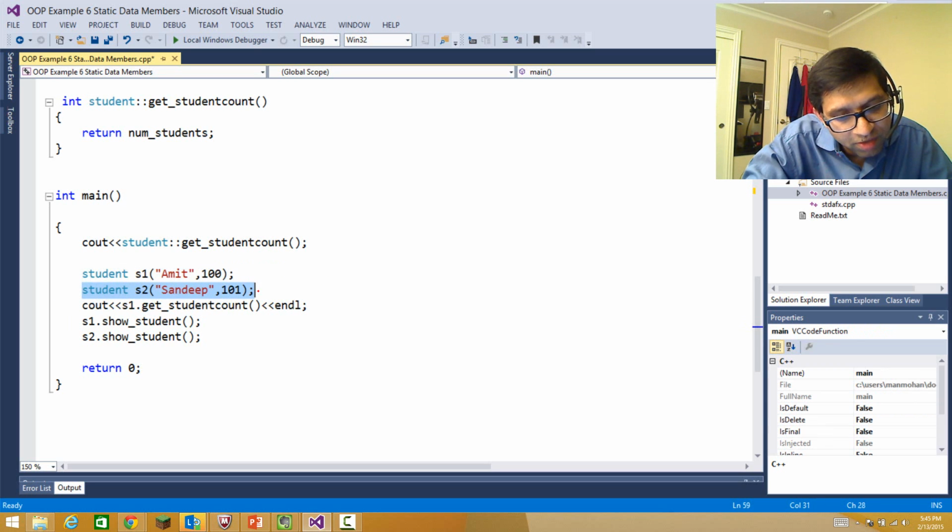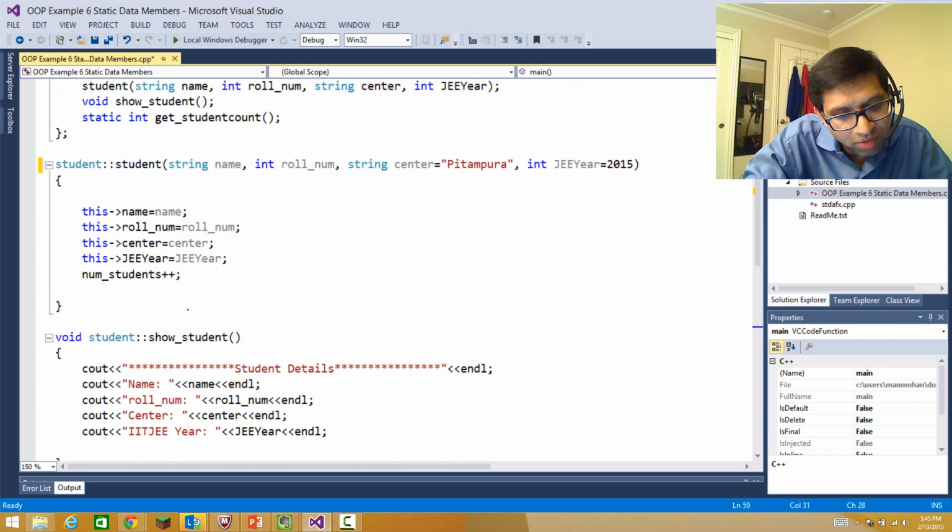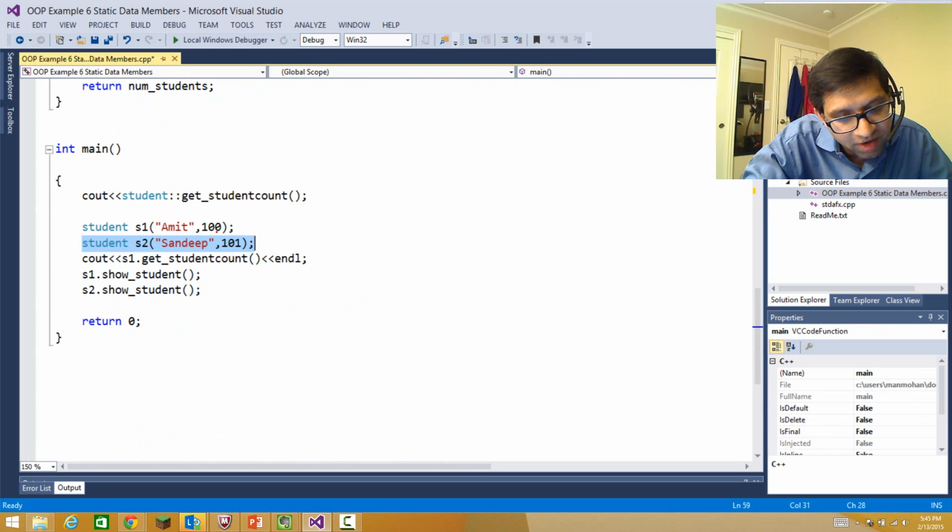And then I'm creating second student Sandeep and passing the roll number, ID था क्या, the second field is the roll number. So the roll number of Amit is 100 and that of Sandeep is 101, and then I'm printing the student count। अब काउंट ऑटोमेटिकली 2 हो गया होगा क्योंकि ऑटोमेटिकली अपडेट कर रहे हैं कंस्ट्रक्टर के अंदर हम। And then I am printing both the students here. So it's an example to understand what is the static field. स्टैटिक फील्ड में वो जो उसकी वैल्यू है, राइट,